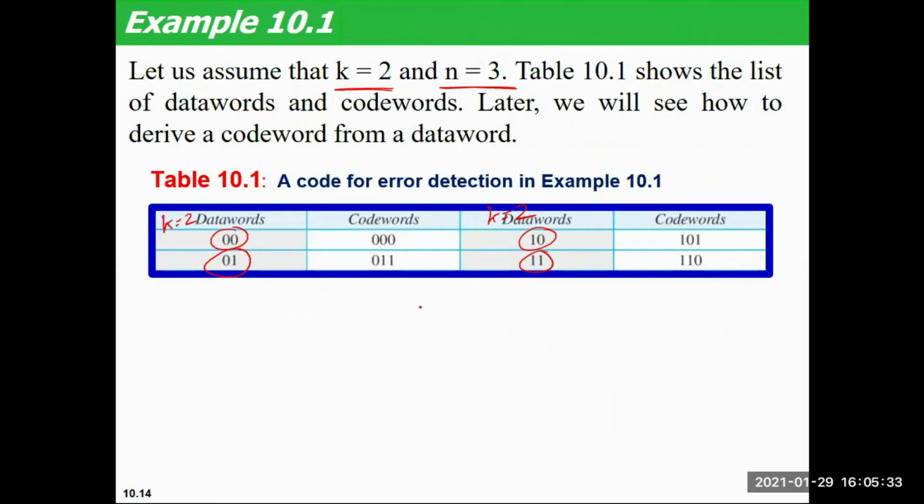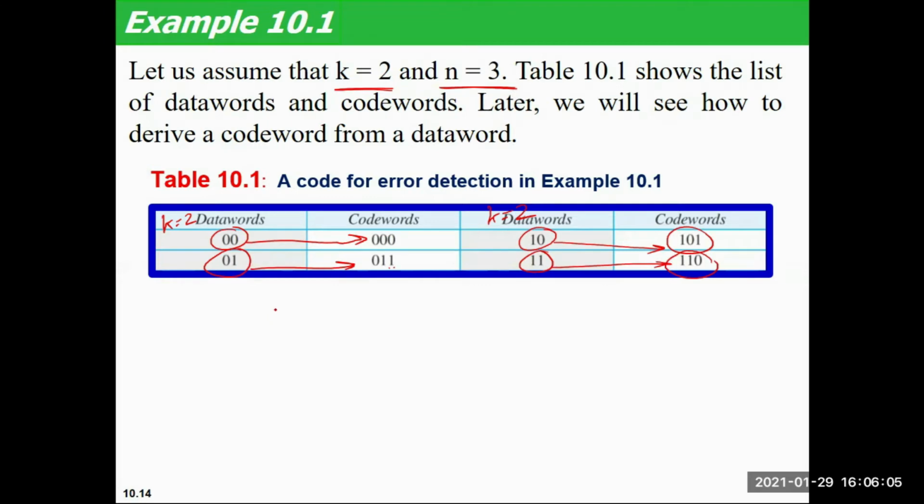And we have coded them by adding one extra bit. So our code word for 00 is 000, for 01 that is 011, for 10 that is 101, for 11 that is 110. We will see later how we decide those code words.